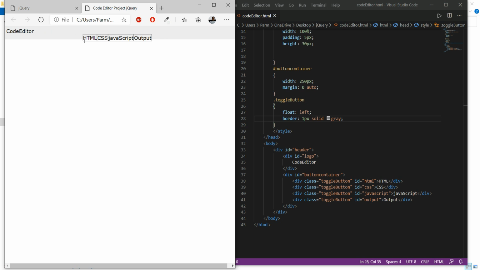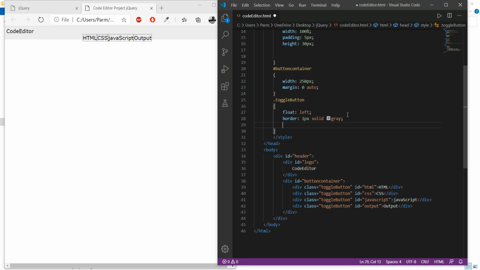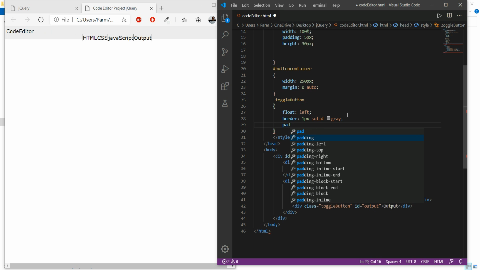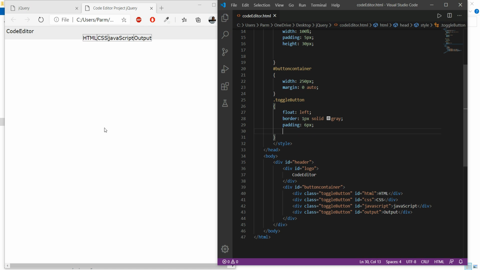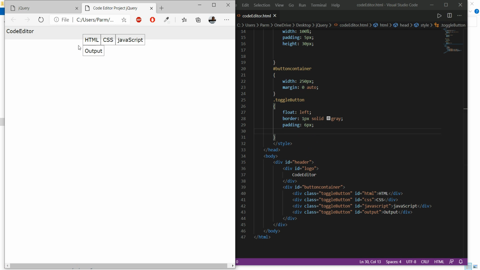Yeah, it's done over there. If you see the HTML over CSS, they are very close to the borderline, so we need to have padding for this. So I'm just giving padding of around 6 pixel. I think it will be sufficient. Here we go. Yeah, it's sufficient for right now.